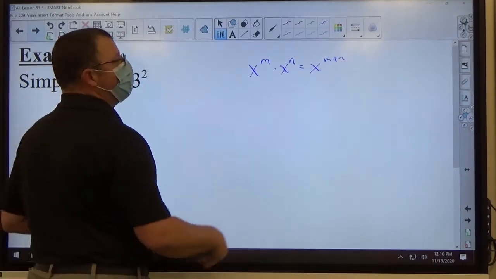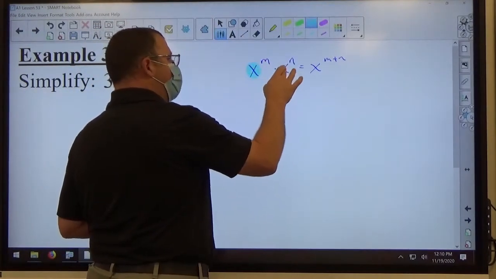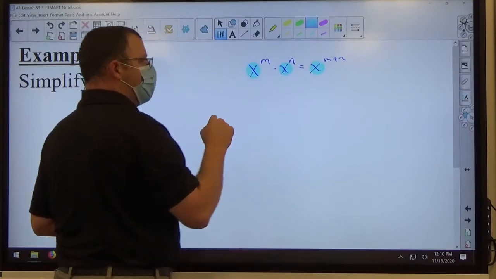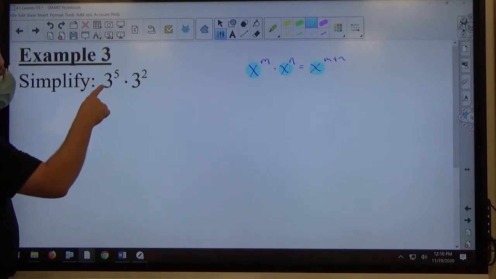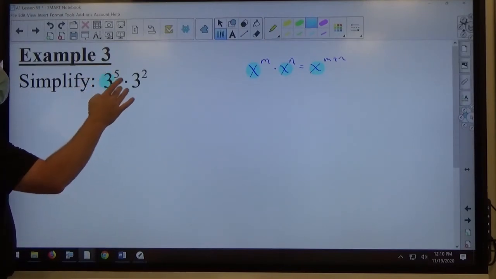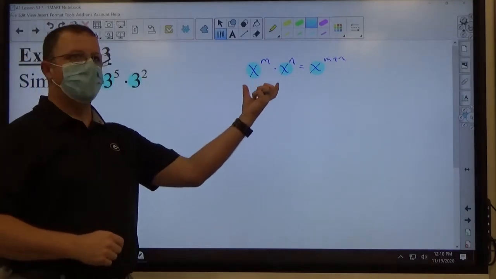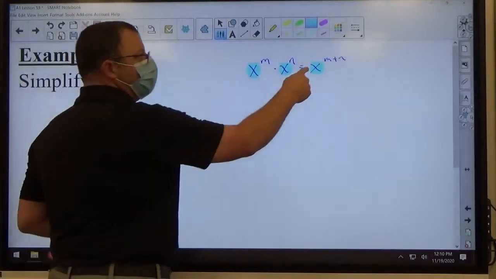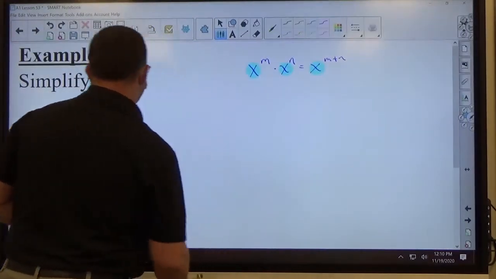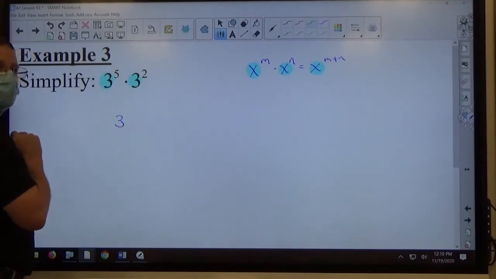Okay, and what bothers people about algebra is a lot of times they take these rules that involve letters, and you need to generalize the rule to deal with anything of that structure. So even though this doesn't say x to the 5th power, it's something to a power being multiplied by the same thing to a power. So the requirement of the rule is the bases have to match. If they do, we're going to write the base again, right? So when I do 3 to the 5th times 3 to the 2nd, I'm going to write 3, not 9,